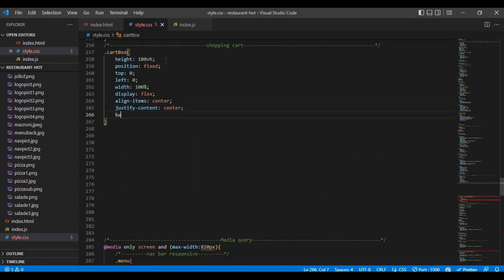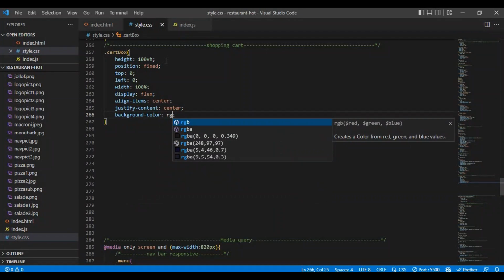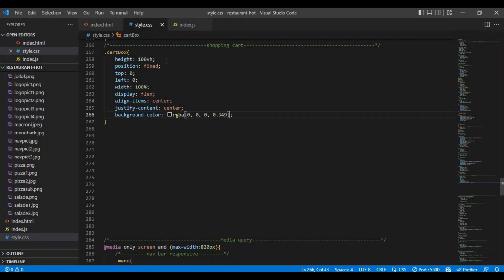Now we give a background so that we can see our pop-up on the page very well, so we give a background of black,